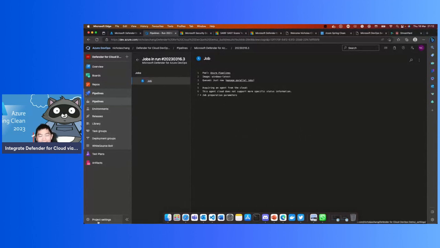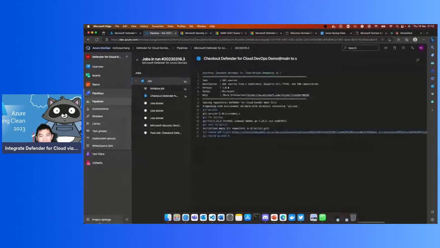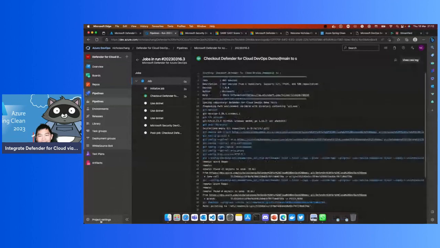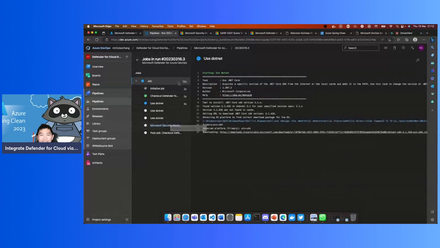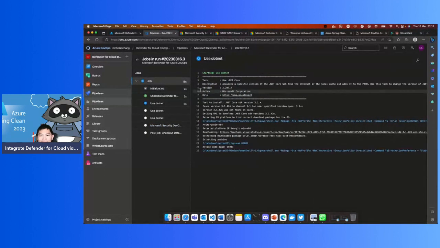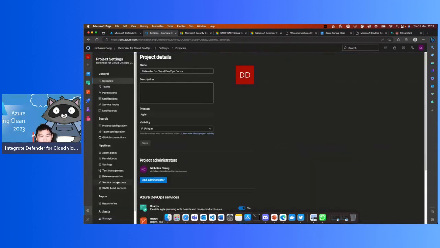Meanwhile that's running, we can turn on pull request annotations. It's just annotation in pull requests when you see it in Defender for Cloud. So in order to do that, you click on project settings, and you will need to click on